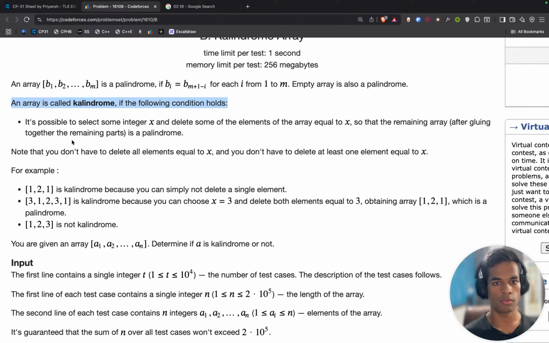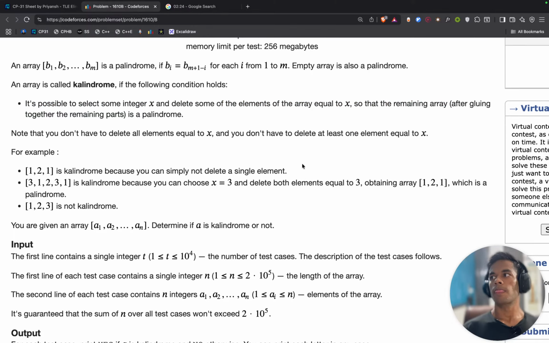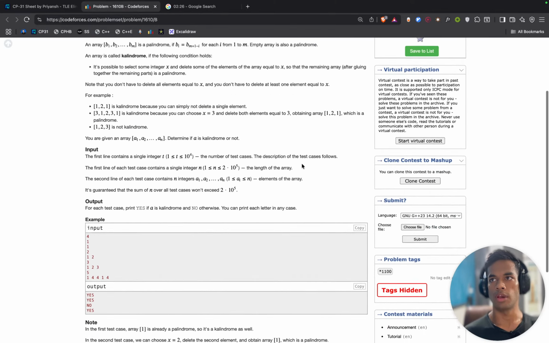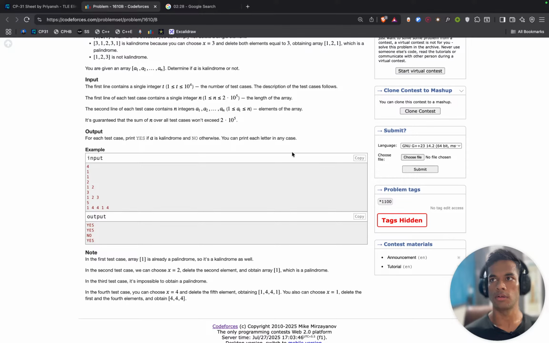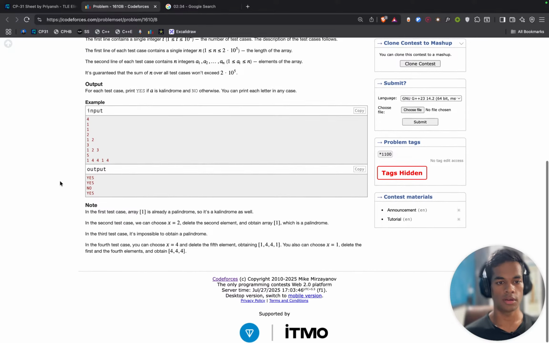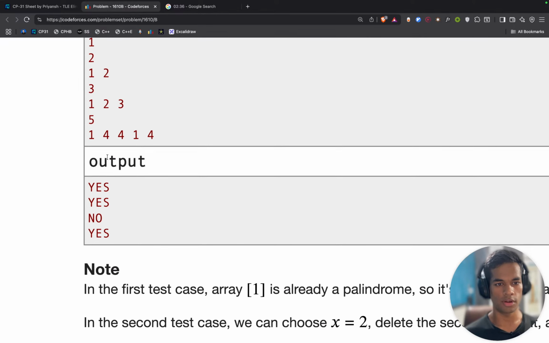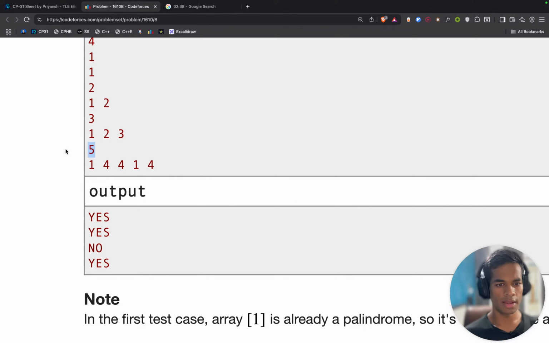It is possible to select some integer x and delete some of the elements. I can start iterating from the start and from the end, toward the middle. And if it is not possible, then I output no. It is no in this case.